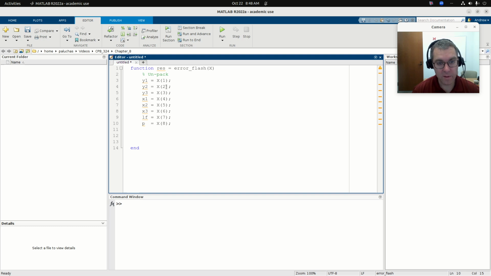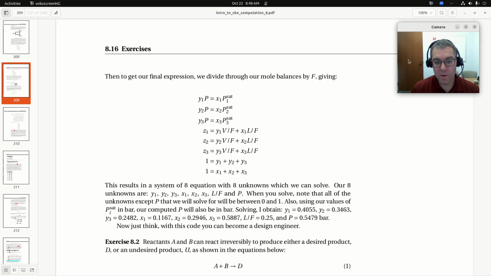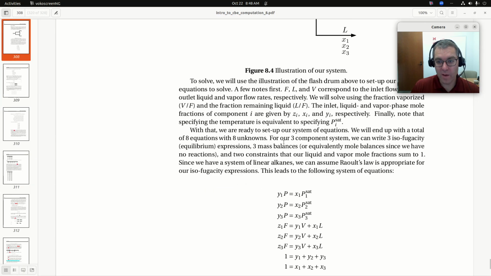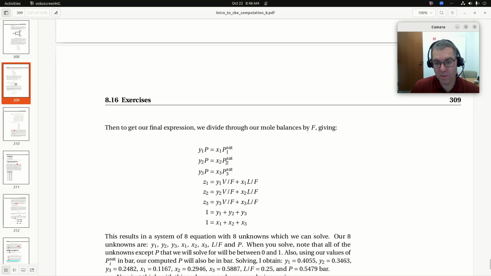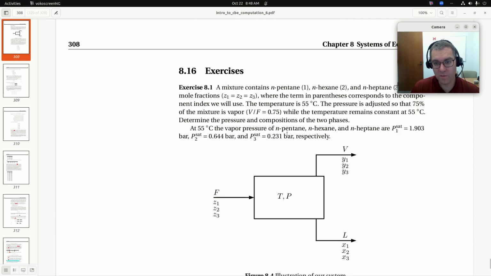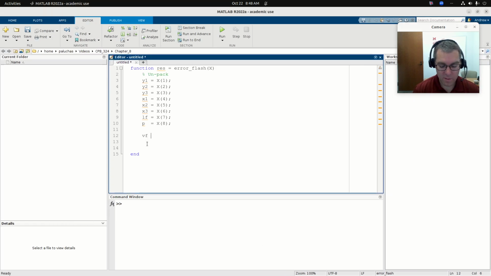Okay, great. So now that I have it packed, my question is, do I need to pre-compute anything? No, but I'm going to take the values of my parameters and assign them to variables. We're given P1 sat, P2 sat, and P3 sat, so I'm going to assign the three of those to variables. We're also told that Z1 equals Z2 equals Z3 is equal to 1/3, and my fraction vaporized is 0.75. So I'm going to say VF is equal to